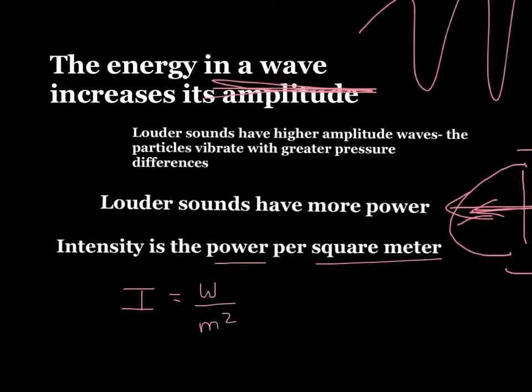When you see that, you know you're talking about how much energy it's carrying, but this will help us calculate how much power a source had originally. We said our intensity is our power per area, our watts per square meter. Here's what's happening.